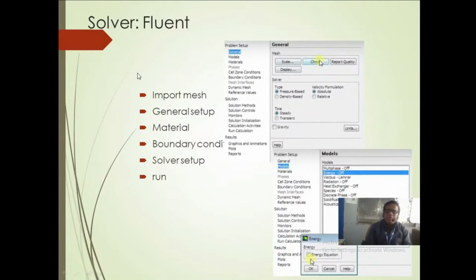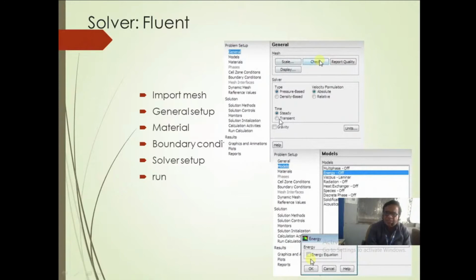Then when we go for Fluent, that is the solver part, the first step is to import the mesh. For that purpose you can go to the file menu and choose read mesh. The mesh will get loaded, and there is the general setup.